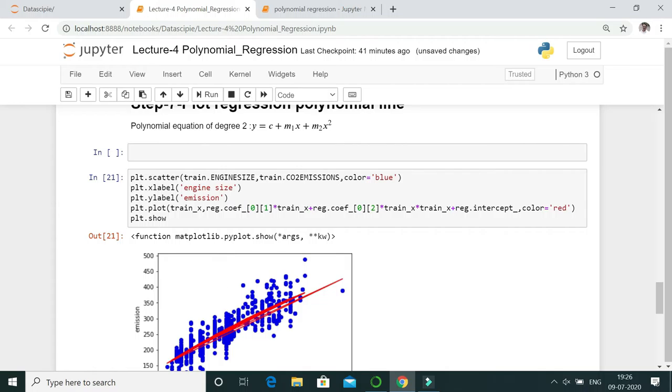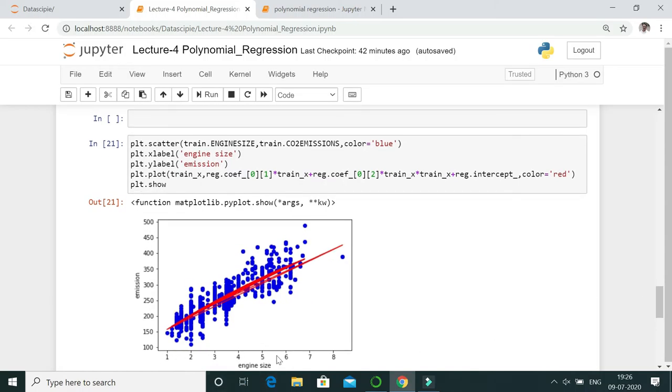So to avoid it and get a smooth curve, we would replace train_x with continual points.